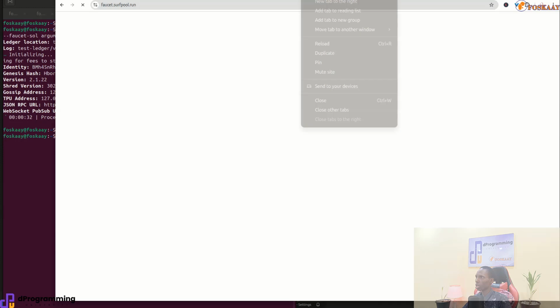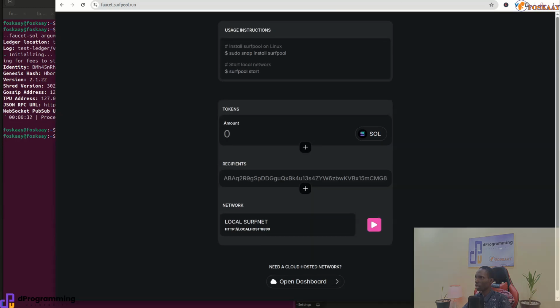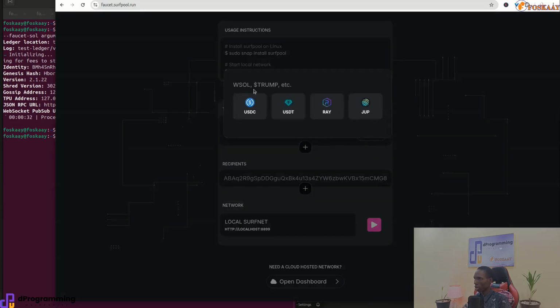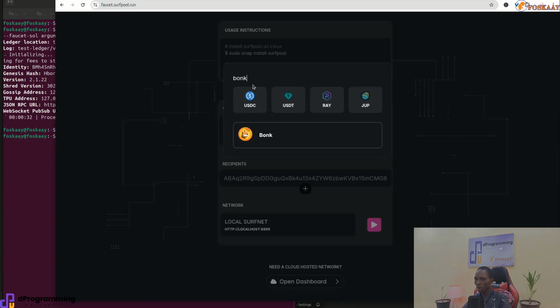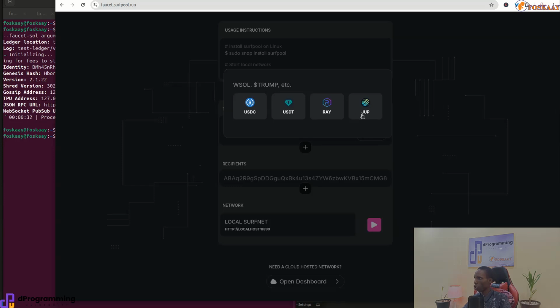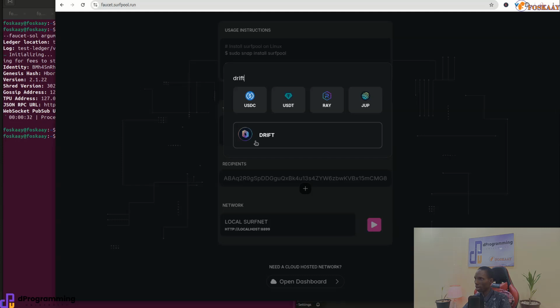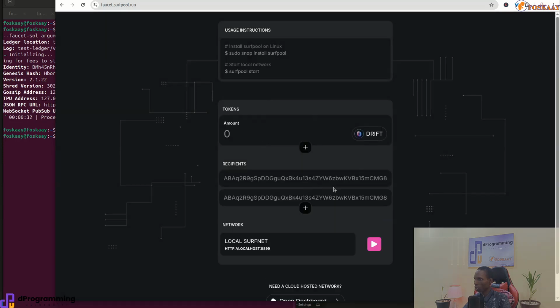So we'll try and use some of these things together. So this is a facet. You have a lot of tokens that you can easily search for, like let's say Bonk, for example. You can see Drift, you can see them. So you already have Jup there, you already have Ray there, and a lot of other tokens that you can easily search and add. For example, if I say I had Drift, you see it, I can go again